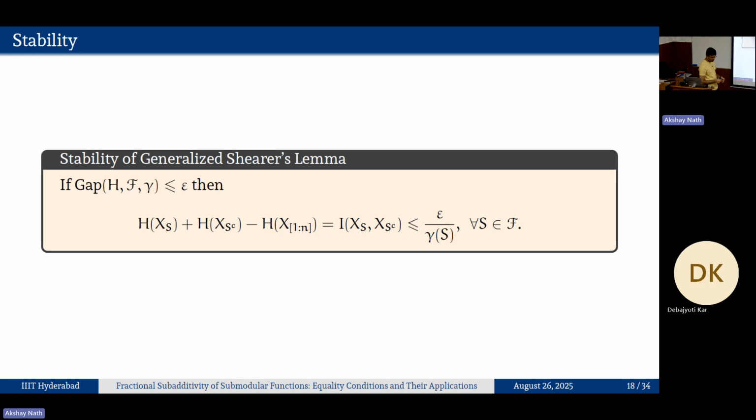And then what we show is that you can extend this further and say that it's not only for a marginal, but it also holds for every set S that you consider in the family. So it's not only the mutual information being small with respect to those one-marginals versus n-1 marginals, but also for these. I'm not saying that both of them together add a lot of value, or that this is superior or whatever. I'm just saying that these are complementary in nature.